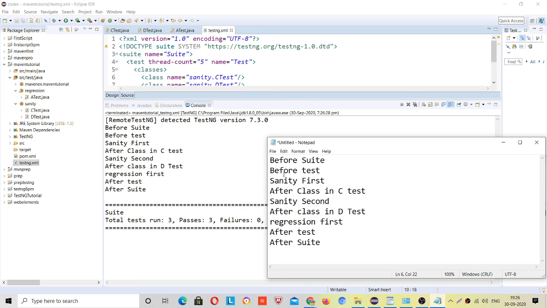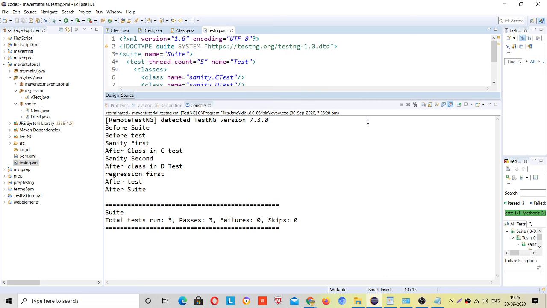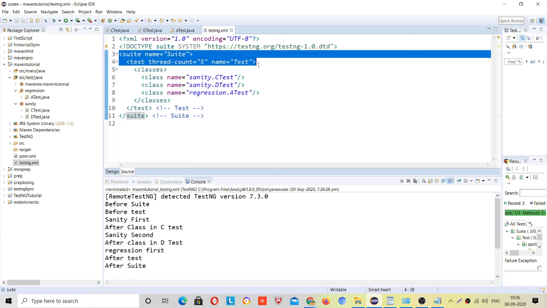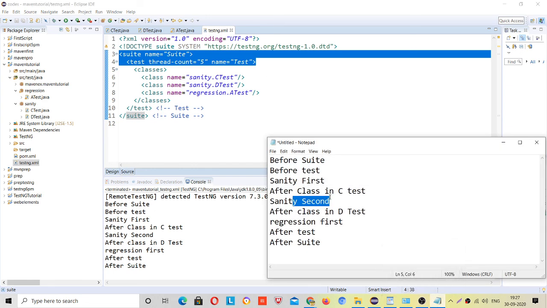See, after sanity first there is after class in C test, after sanity second, after class in D test. This is the way it works. It means that these two are in common, @BeforeSuite and @BeforeTest. Once you are debugging anything, let me remove this, just write this in between.